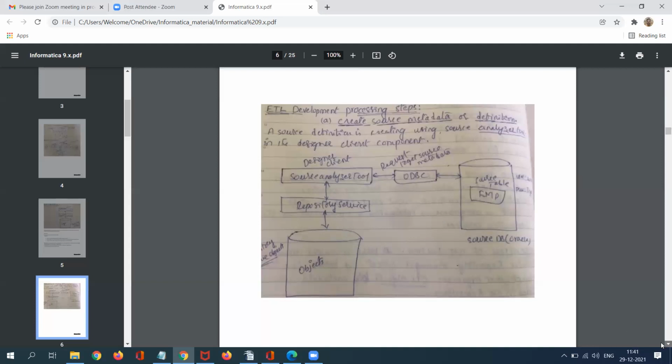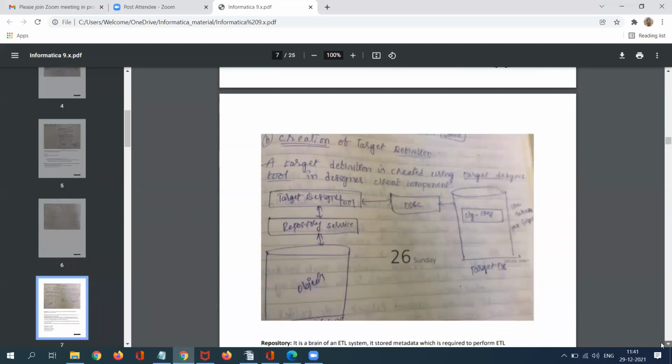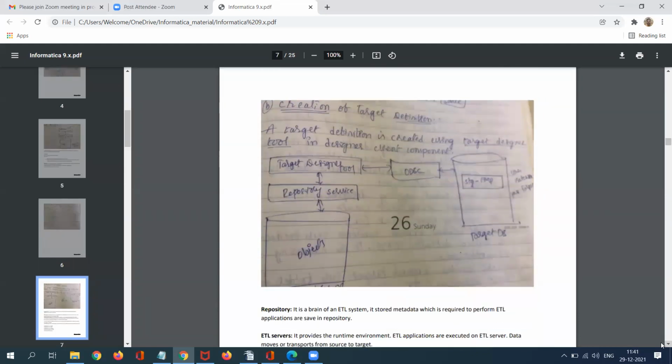Okay. Next, this is about source only, how to import the source. Next, we'll see what a target is and how to import the target tables into our Informatica PowerCenter. This is also the same kind of methodology that we use. With the help of the ODBC connection, I can use the designer, not the Source Analyzer here. I'm going to use the Target Designer tool to import the target related objects and I will assign them to the repository service.